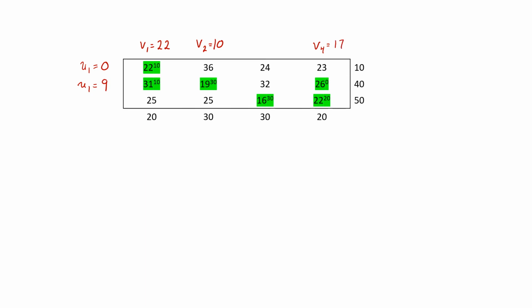I look down there. I can now get that was U2. I can get U3 equal to 5. And I can get V3 equal to 11. That gives me my UV values. What does this mean? These are now going to give me a way of figuring out what can and can't